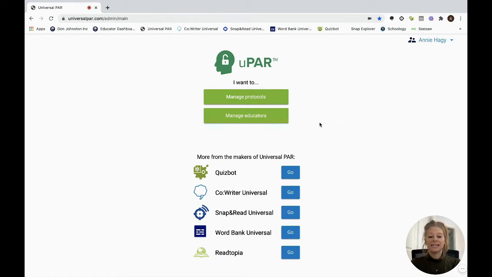Before we add any educators, I want to talk about the difference between the permission levels of an admin, which you have, and the permission levels of educators, which we will add into the license. As an admin, you're able to see all protocols and all student data inside of the UPAR license. When we add educators, they are only able to see the data and the student usage of the protocols that